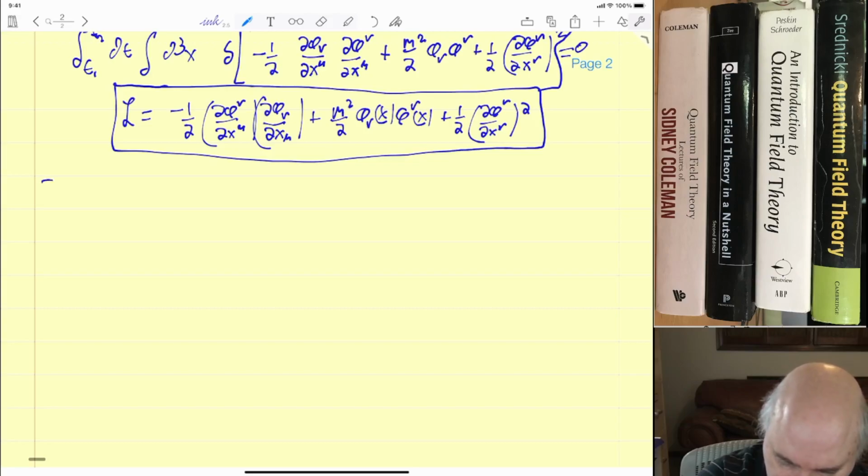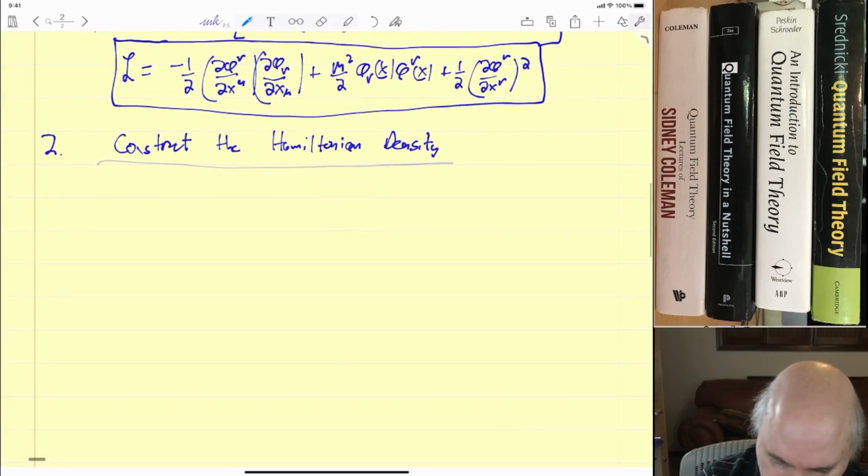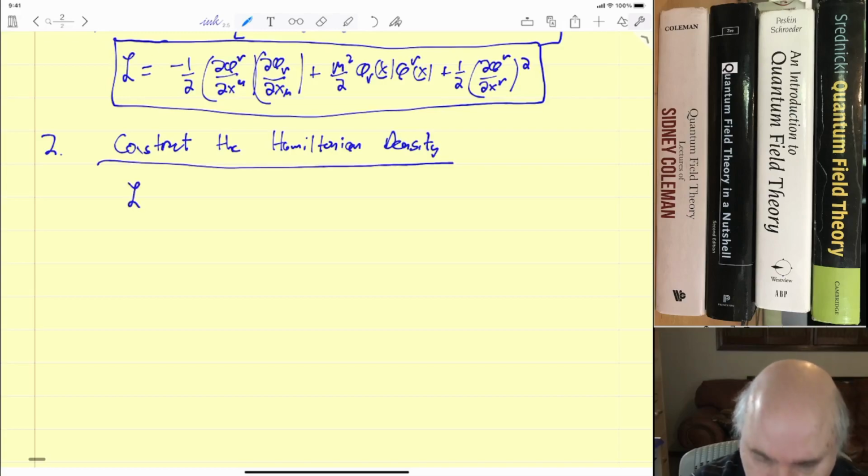Okay, so our second task now is to construct, using our formalism, the Hamiltonian density. Okay, so let's rewrite. Usually when you do the Hamiltonian density, the only thing you're interested in is isolating the time derivative terms. So let's get the time derivative terms out of here for now. So L,